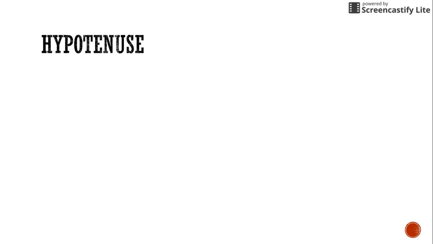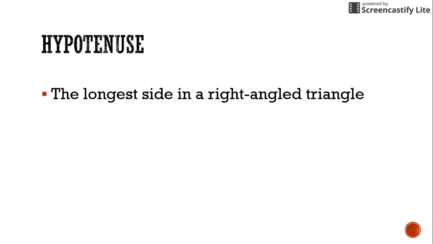And this is a very important word in Pythagoras theorem. It is called hypotenuse. Yet another new word for us to learn. So what exactly is this hypotenuse? Well, hypotenuse is the longest side in a right angle triangle. Alright, sometimes in a right angle triangle, we are unable to see which is the longest side. So what we can also do is we can identify this hypotenuse by seeing which is the side that is